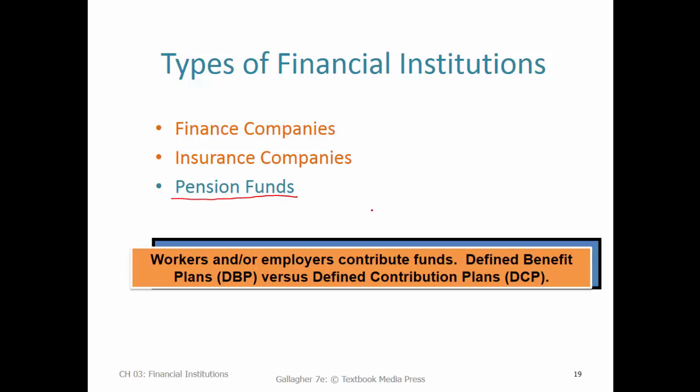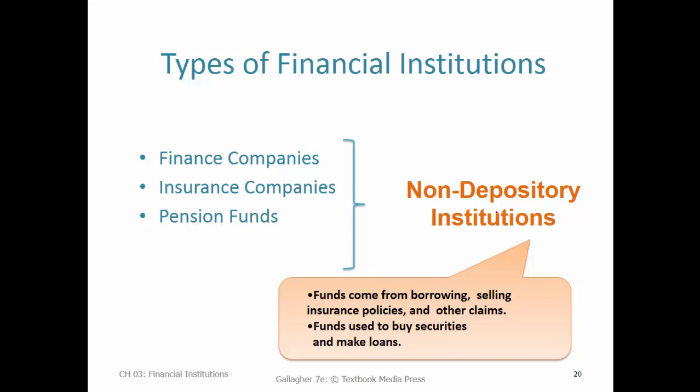And finally, we have pension funds, taking money from people who are saving for retirement. There are a couple of different kinds of plans. Defined benefit plans are the old school type of pensions where you're guaranteed a certain income once you retire. More popular now are defined contribution plans. Most of us who have something like a 401k, that's going to be administered by a pension fund financial organization, and they're taking in a lot of relatively small contributions. Of course, over time, the individual portfolios can build up to pretty large values, and they allow us, the workers who are contributing, to select the investments that we're going to put those funds into. Together, those three constitute non-depository institutions.